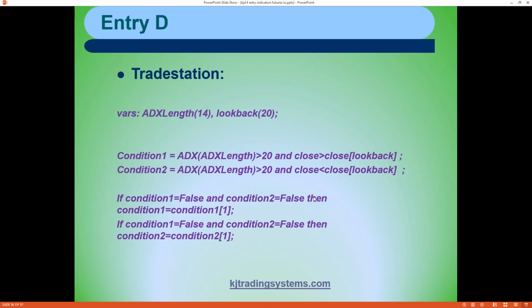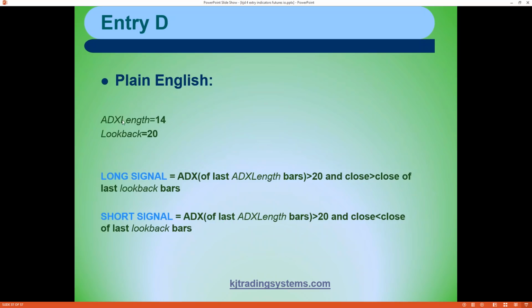Okay, so TradeStation code again. Plain English, pretty simple. You have the length of your ADX that you're using, and you also have your lookback length of your momentum. So if the ADX of the last 14 bars is greater than 20, 20 to 25 tends to be a good measure of ADX trendiness, and the close is greater than the close of the last 20 bars, that's a long signal. So you could use that as an entry, or you could use it just as an indicator, and that indicator would hold until